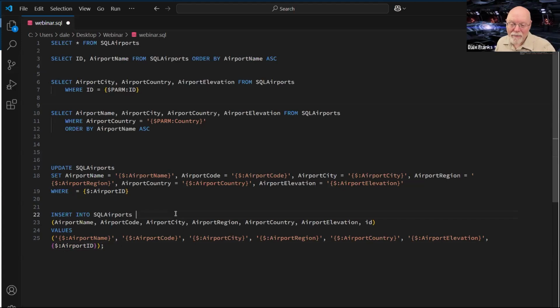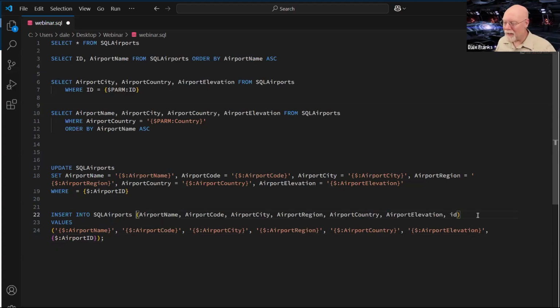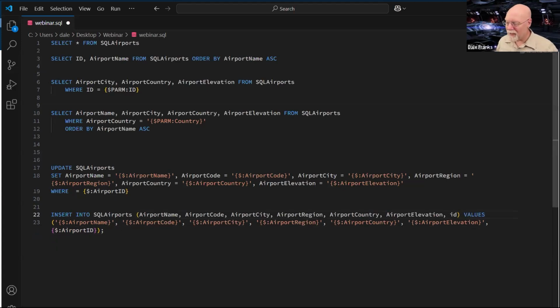Now, technically, you don't need to do that. I mean, technically, you could write your SQL statement like this, and it's perfectly fine. It's just way more of a pain to parse.